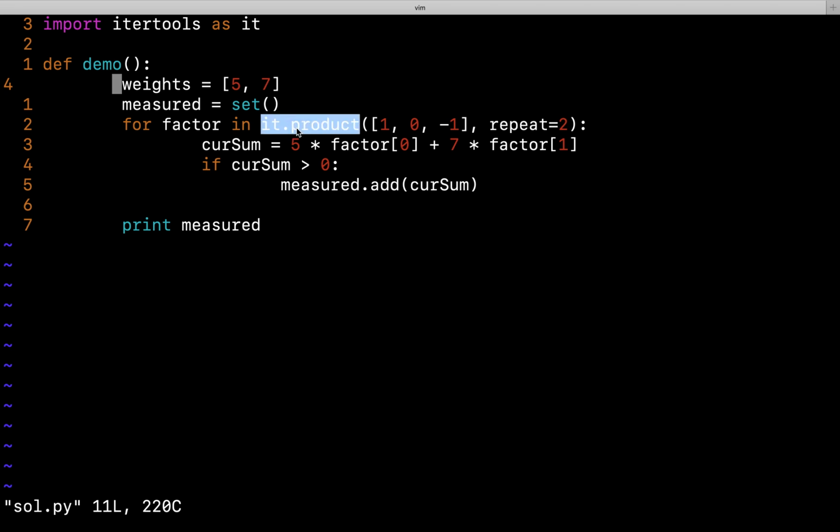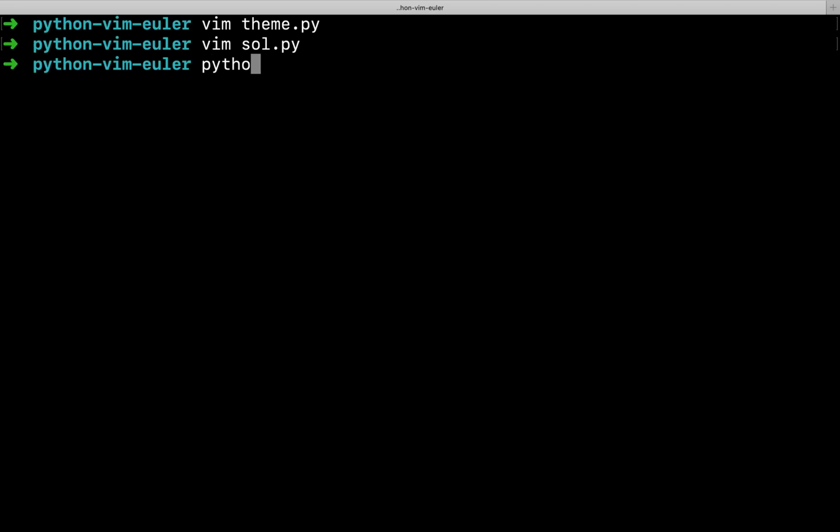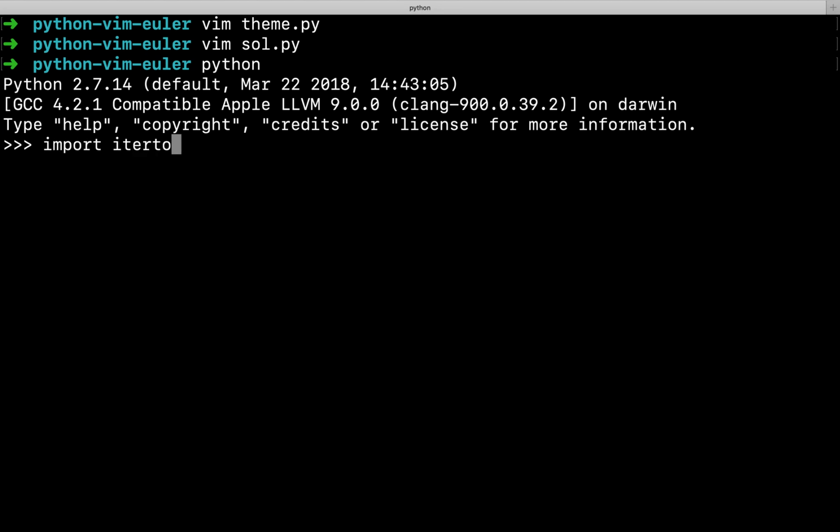Similarly, we have product, which is different from combinations and permutations. What it does is, we have three numbers, 1, 0 and -1, and I am saying repeat 2. What this will do is generate all possible sequences of length 2 such that every element in that length 2 is one of these 1, 0 and -1. Okay guys, so the numbers can repeat. What I mean by that is, if I quickly close this, open the Python shell, import itertools as it,